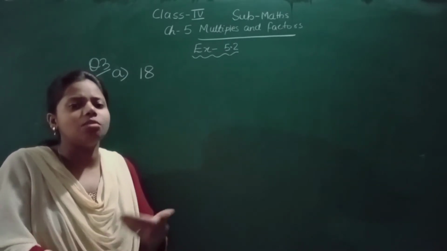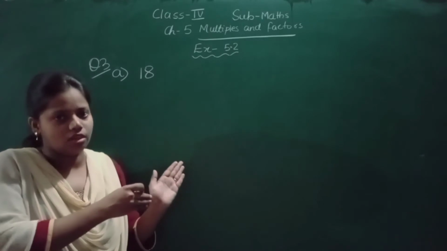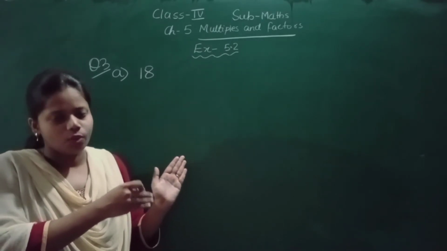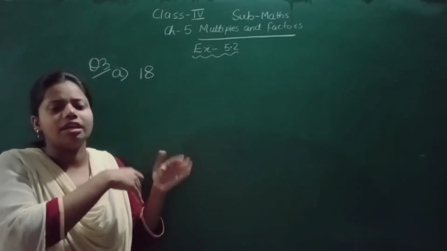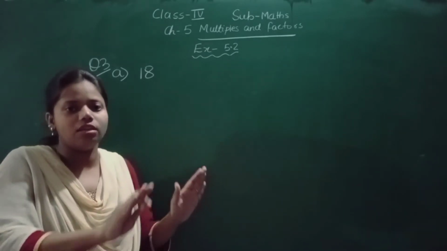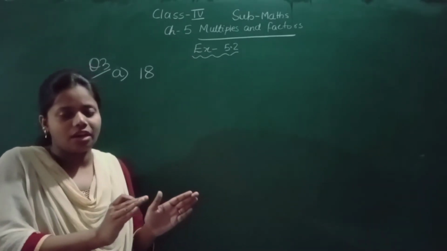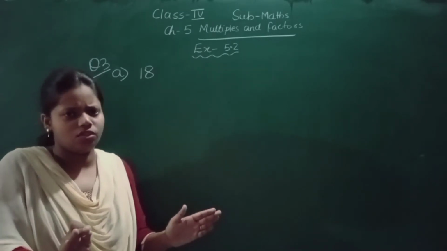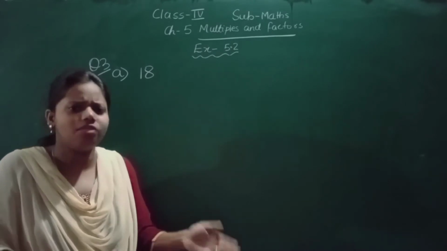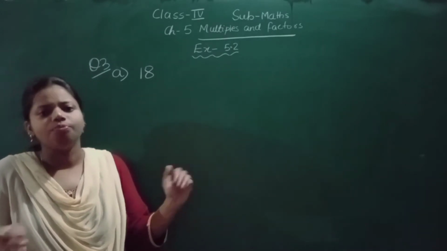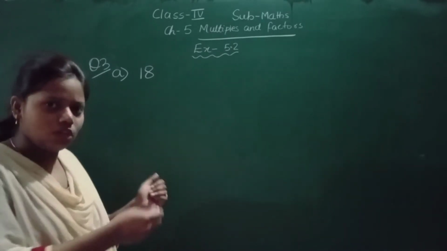So we will not write these 2 factors. We will write some other table in which 18 comes. It is not mentioned that we have to write particular factors, so here you can write any factor. We know that 1 and the number itself are factors, so we will not write those. We will write something other, in which this 18 comes. So let us write.